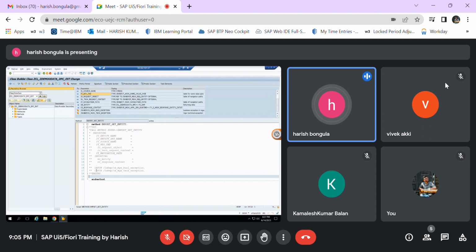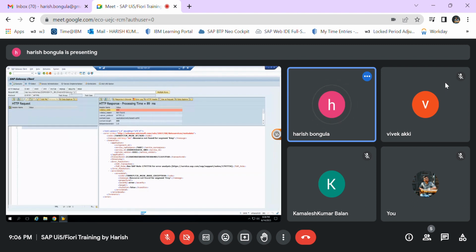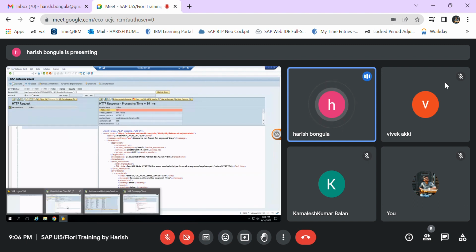So first you need to write your select query. Before writing the select query, you need to get the data from IT key tab, a name value pair structure, which holds whatever the user has passed. Okay, so what I'll do is